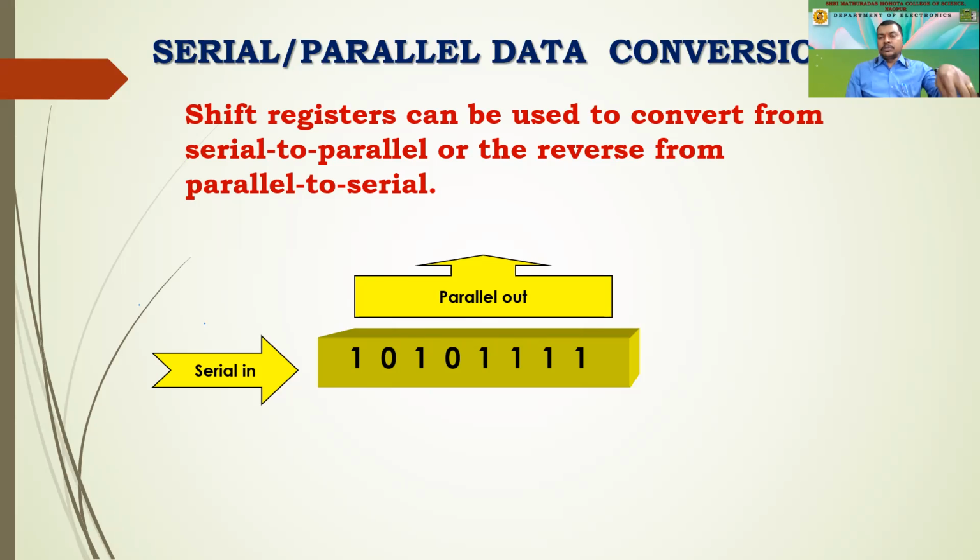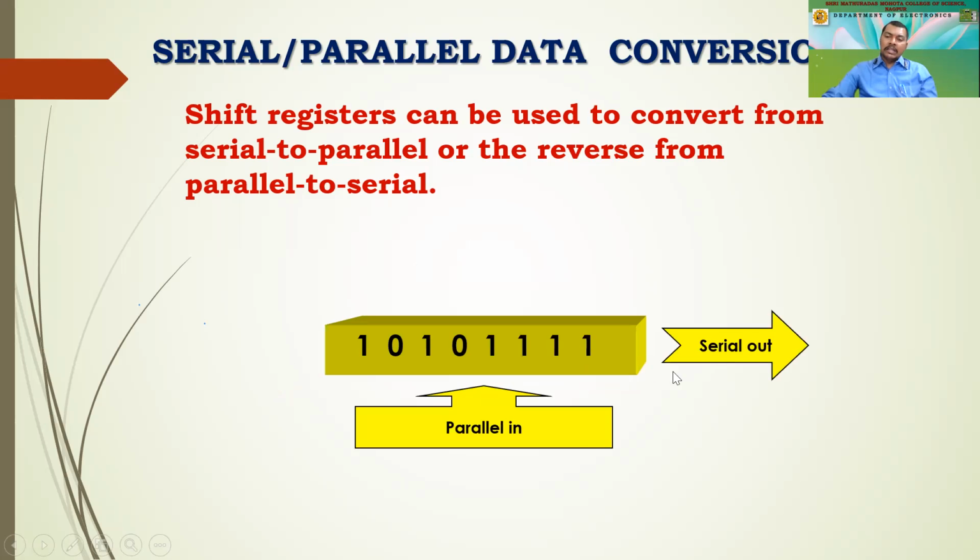And in the situation where we have the processor, this data can again be converted into parallel and processed by the processor, right? So this is the example of serial in, serial out. Now, when we give data from the keyboard to the processor, the data is taken serially to the CPU, where it is converted into parallel, and this parallel data is given to the processor for further processing. So this is the application of serial in parallel out.